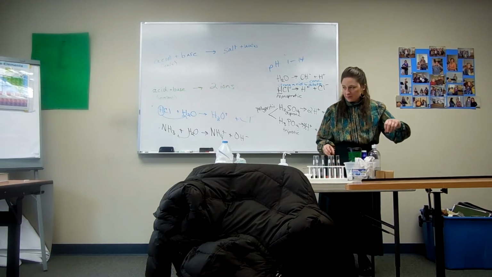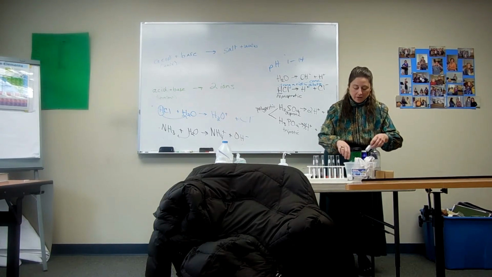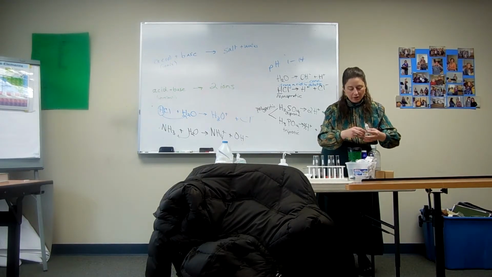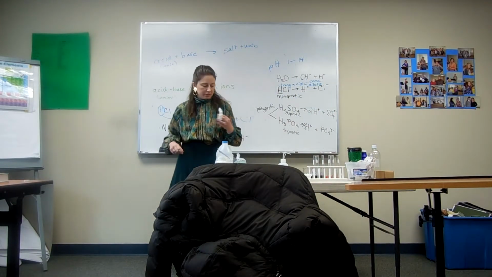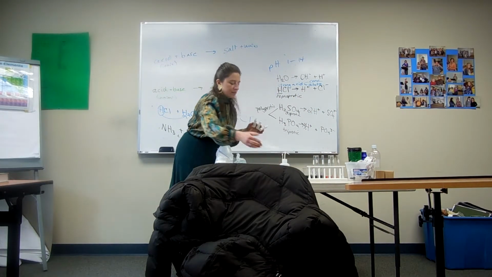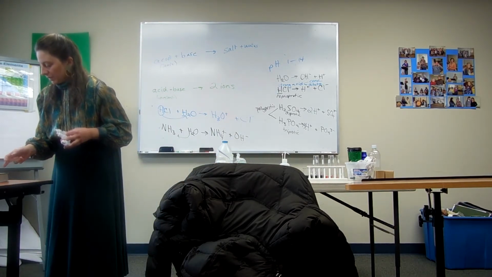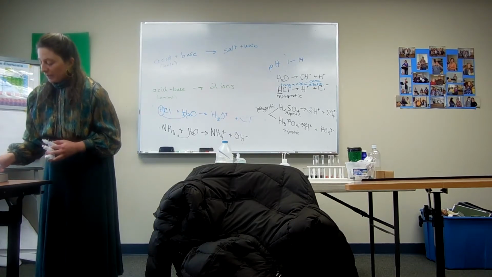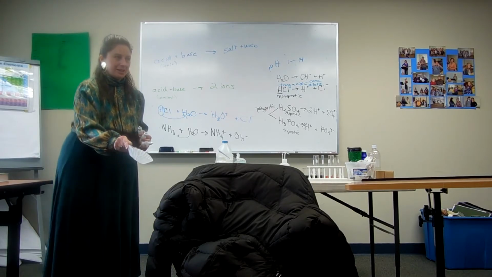Okay. Is litmus paper an indicator? Litmus paper is an indicator. And so we need to really talk about what an indicator is because it's important, especially because there's a test question that's rather confusing, and I really want to make sure we cover it. So we've got some red. This one touched something. Well, whatever that thing touched, you can see it turned red litmus paper blue. So indeed, it is a